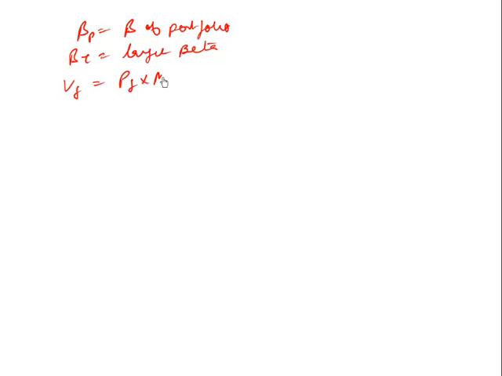Now what is provided is that beta p is the beta of the portfolio, beta t is the target beta, Vf is equal to Pf into M, that is the value of one futures contract, beta F is the beta of the futures contract,